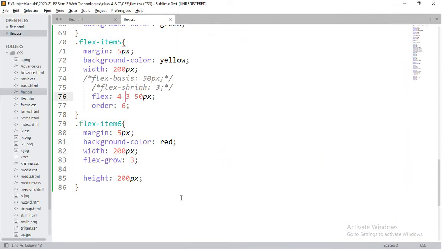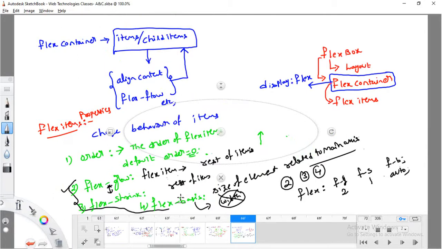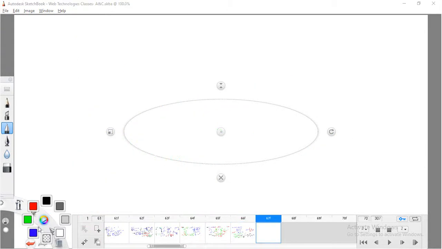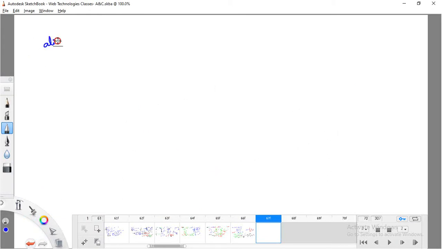Fine. Next kind of property, align self. Last property, this one, the align self property, which is meant to define the arranging of items related to the cross axis.